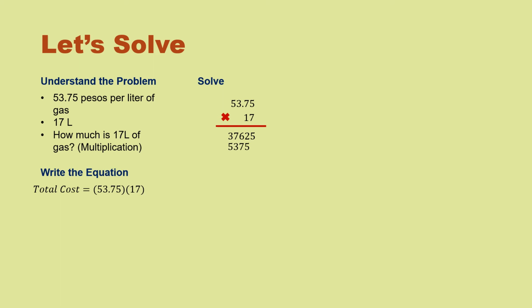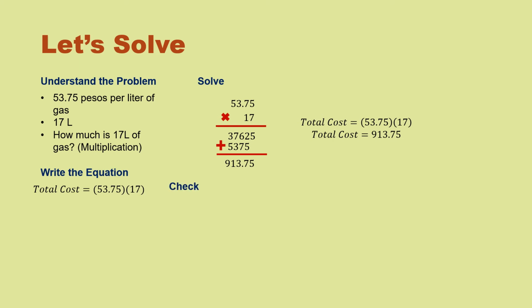And then 1 times 53.75, adding that up, the answer would be 913.75. When you write it, total cost is equal to 53.75 times 17, so the answer would be 913.75. The vertical solution is just on your scratch. However, when you write that, it will be like the total cost is equal to